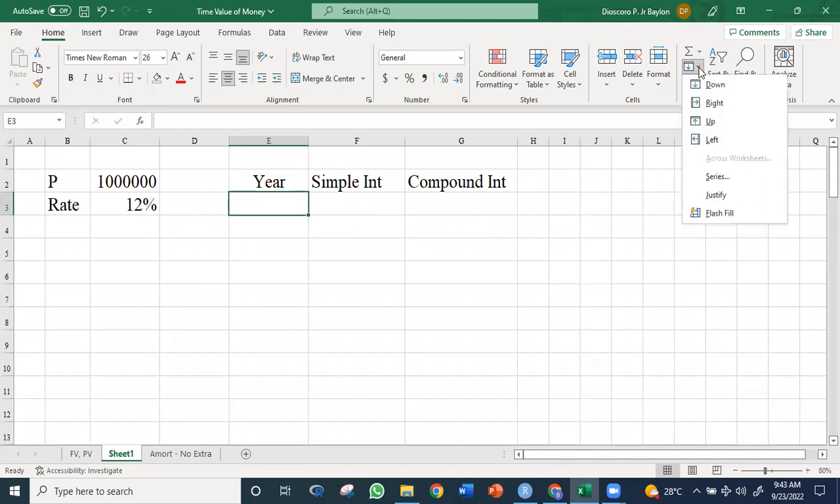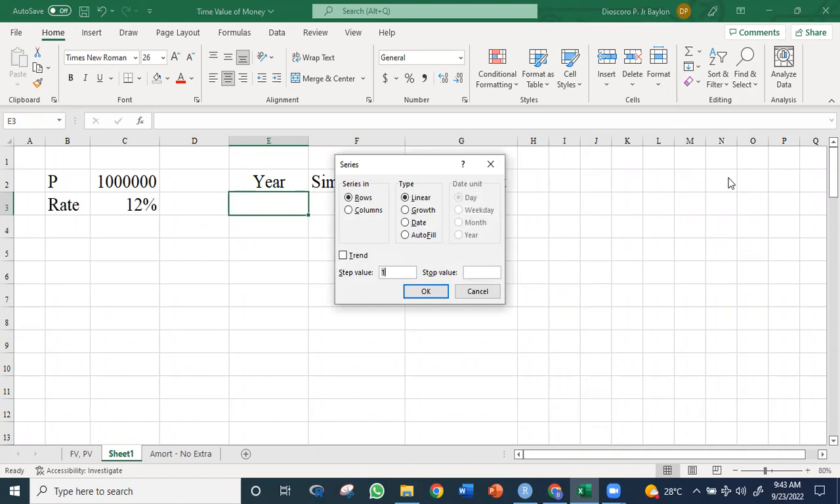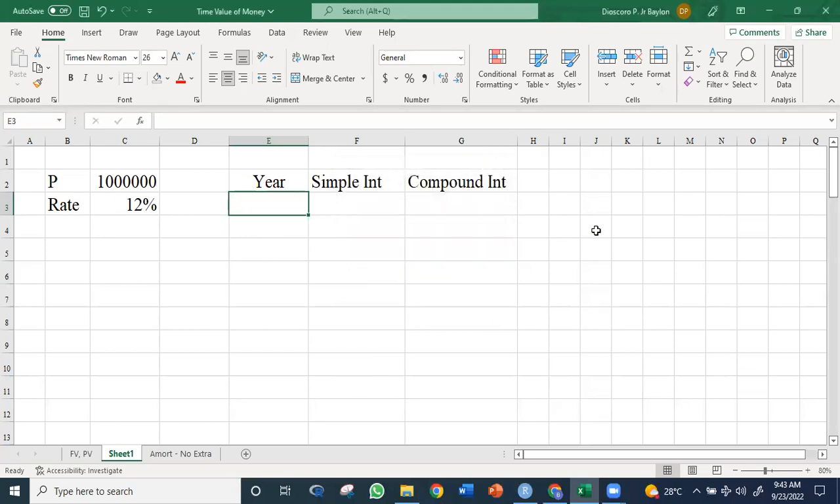I click that Fill, and then there's a Series here. It asks me: series in rows or columns? I want it in columns because I want it to go down. Wait, I have to start with 1. So you have to put 1 here, and then you go to the Home tab, and then under Editing, you'll find this Fill,